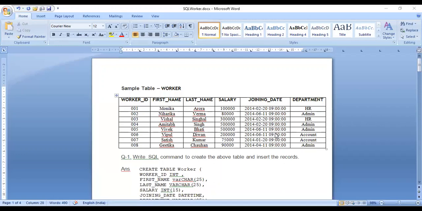We will talk about SQL commands, how we can use SQL commands to create a table, then insert some records in the table, and after that retrieve those records from the table. So these are the three major topics of today's class. So let's start with how to create a table in